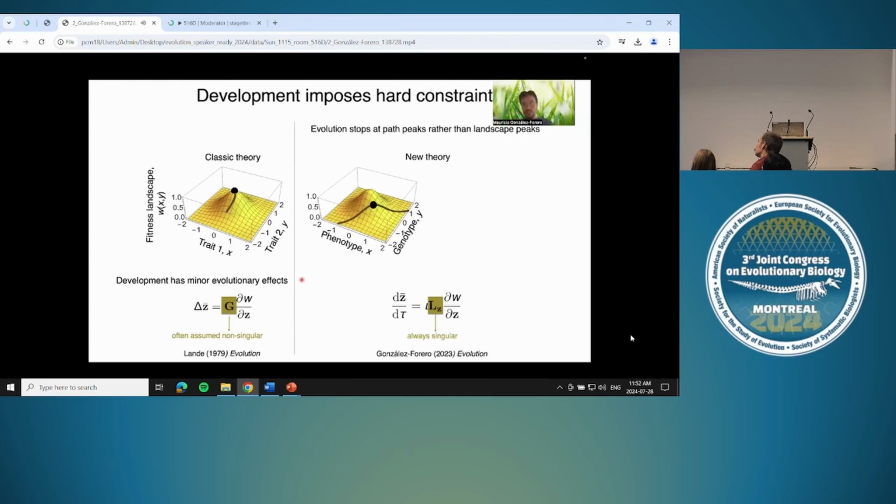Now, in this new integration of development and evolution, what this shows is that if you want to understand the evolution of the phenotype as the climbing of a fitness landscape, you have to also follow the evolution of the underlying genotype. And if you do that, then there is a relationship between the two that emerges because of development. That is given by this path. So this relationship, given by this path, is the relation between the genotype and the phenotype that emerges over development. And that means that there is genetic covariation exclusively along that path, so that evolution can only happen along that path. And it stops at the peak of this path, not at the peak of the landscape,